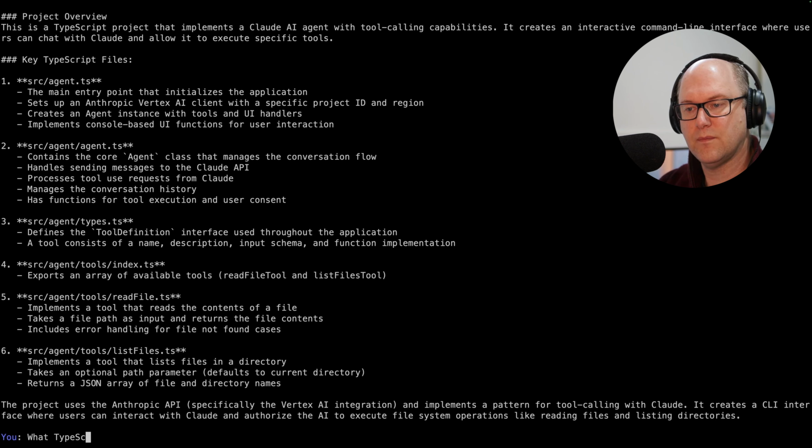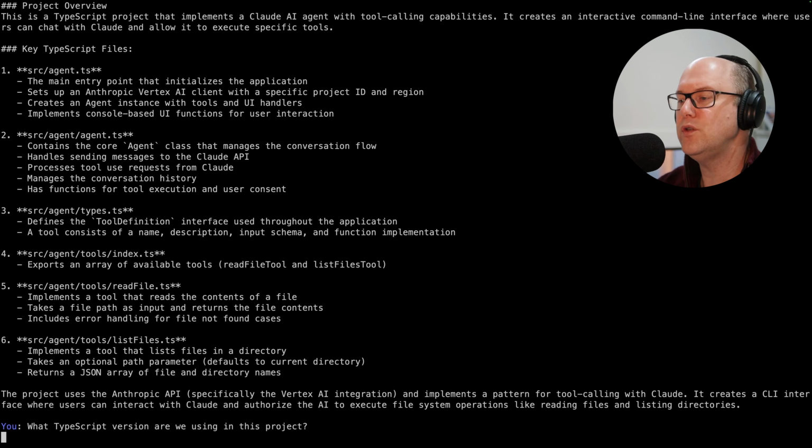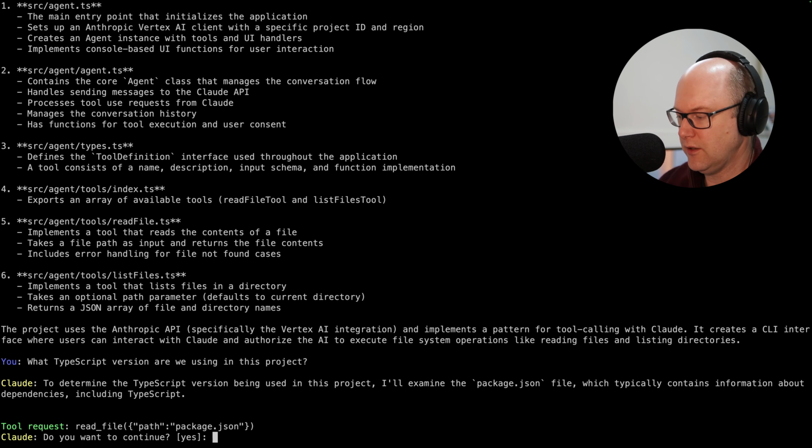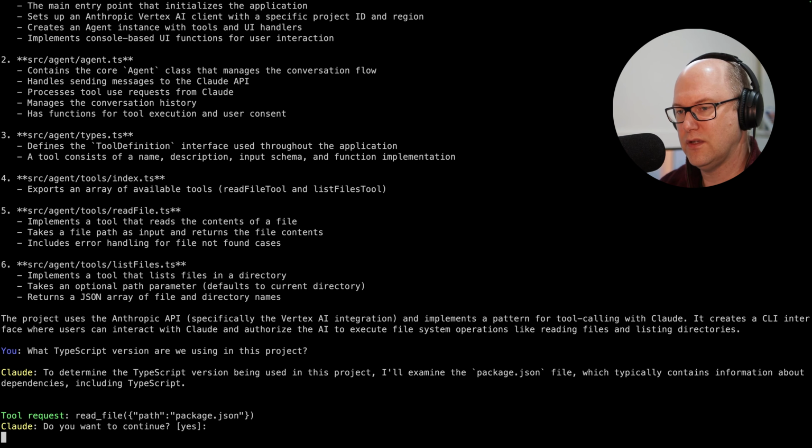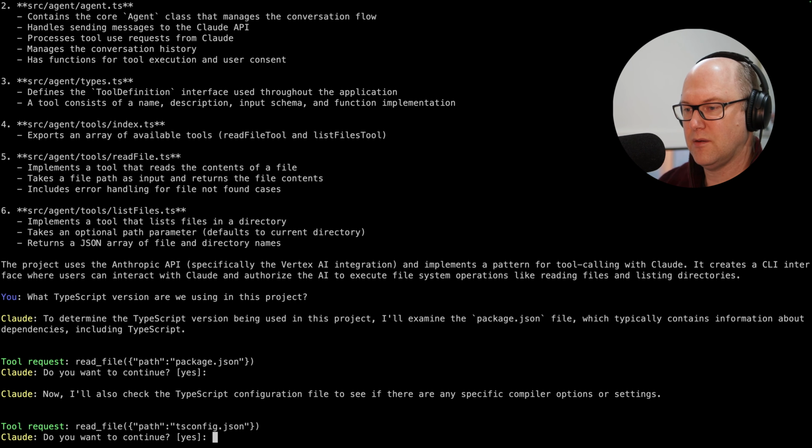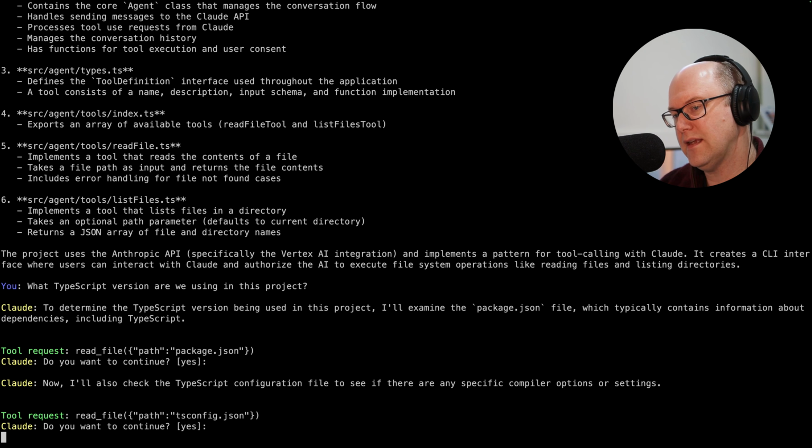What TypeScript version are we using in this project? What would you do if you were asked that question? Well, you would probably go and look in the package.json file, which is exactly what it does. It finds my TypeScript dependency. Ooh, it's also going to read my tsconfig file in this case.